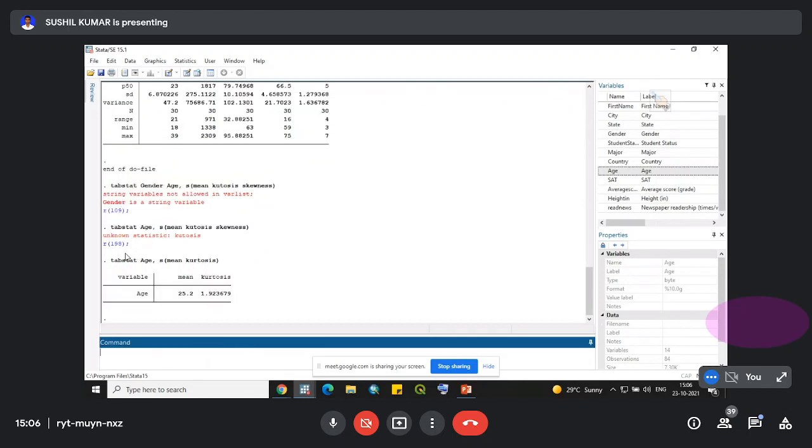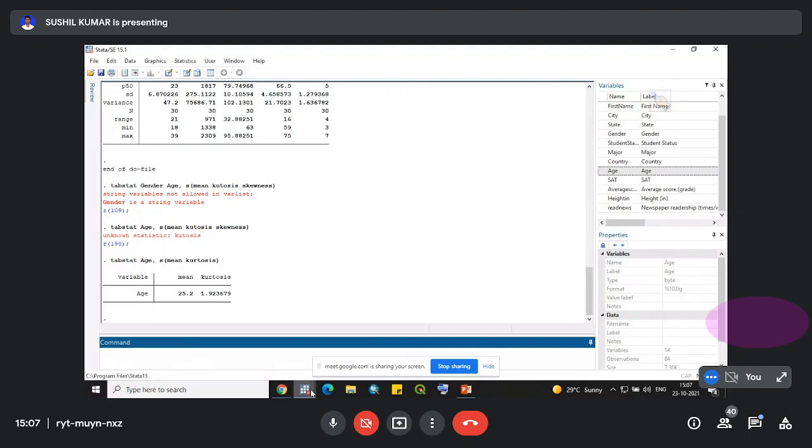Now, as soon as I have entered tab stat age, mean and kurtosis, Stata has displayed for me the average or the mean score of age and the kurtosis value for age. As you know, the kurtosis shows the peakedness of the distribution. And since it is 1.92, which is less than 3, we can say the age distribution is a platykurtic curve.